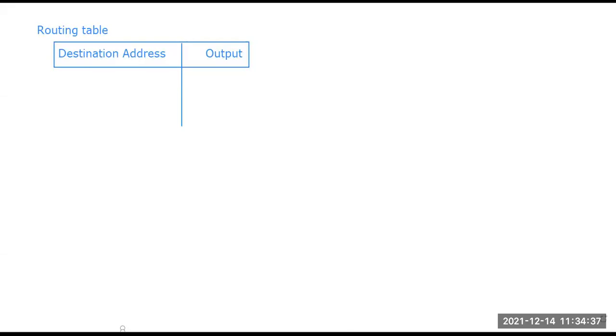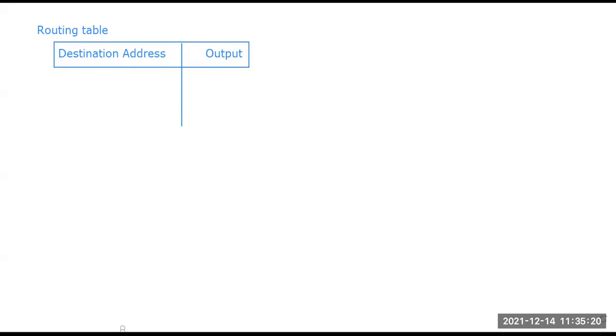So what is happening here is that each switch device involved in the process of this packet switching technique has a routing table, and this routing table will have these two parameters, destination address and output port. The routing tables of the switch devices are dynamic and get updated continuously. Right. So what are the two parameters? One is the destination address and the second one is the corresponding output port.